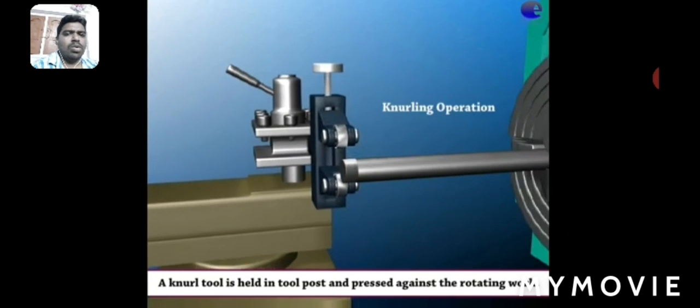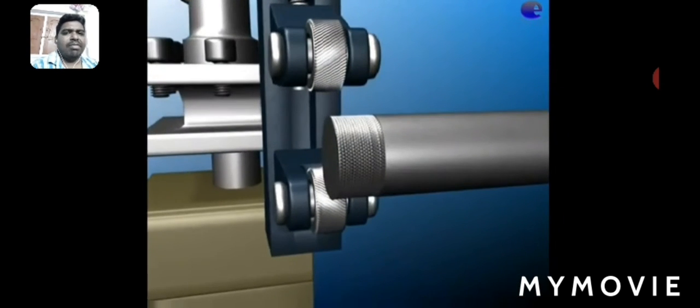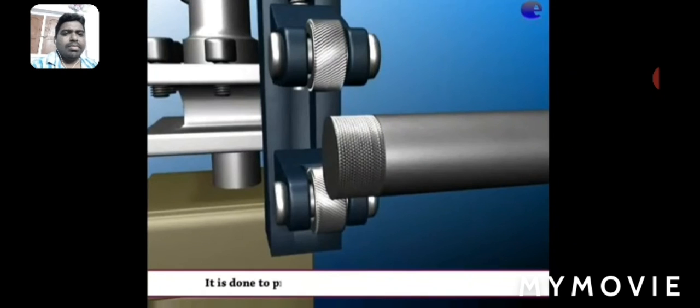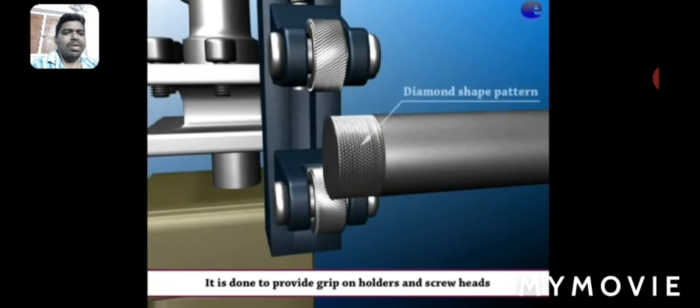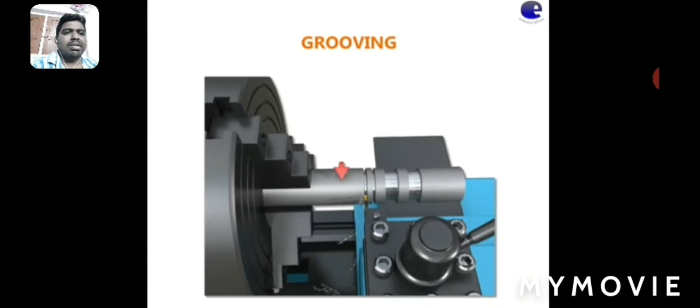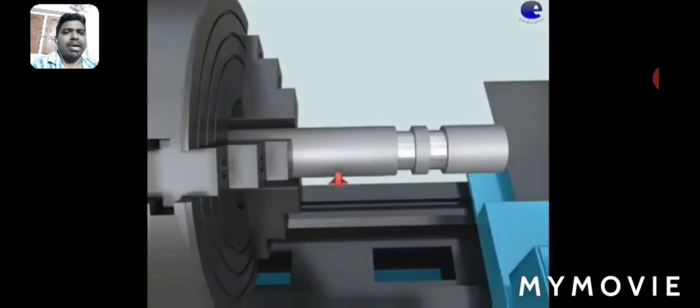It is held in the tool post and pressed against the rotating work. It is done to provide grip on the handles and the screw heads. See the diamond pattern.